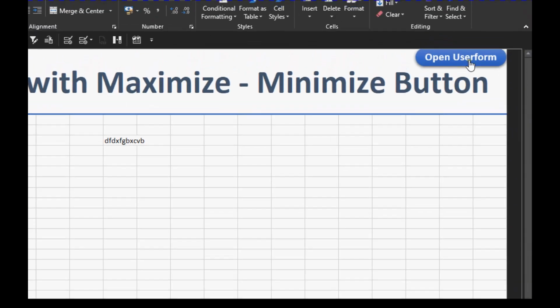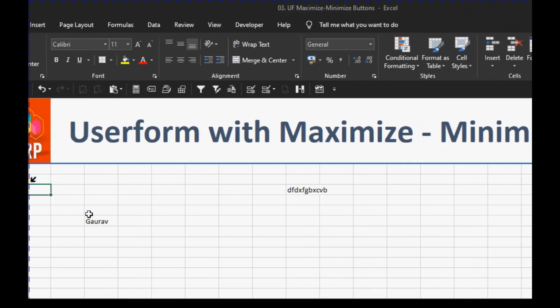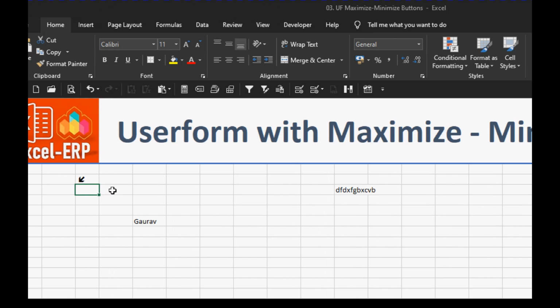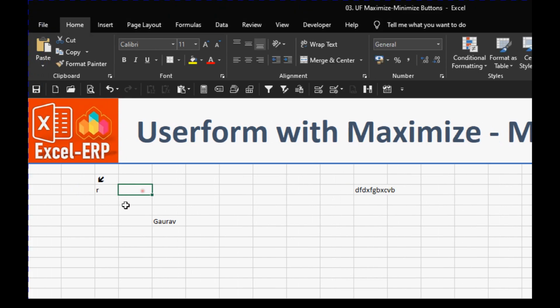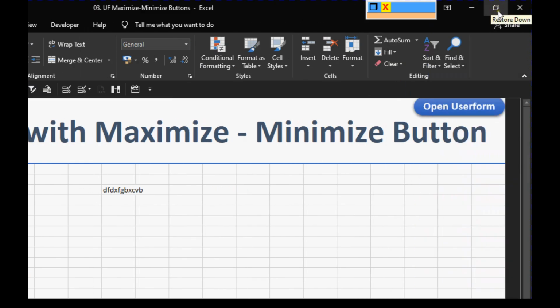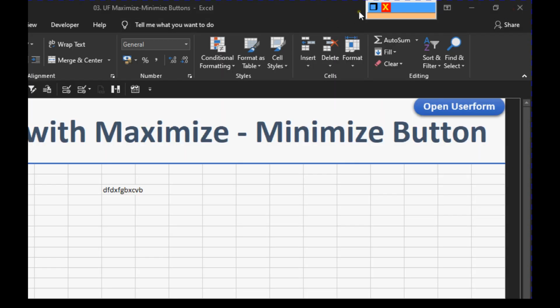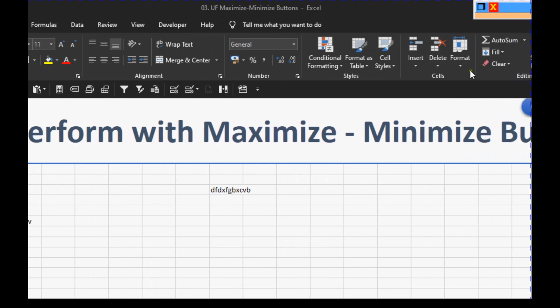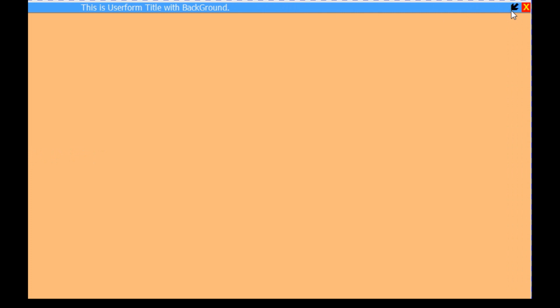This is what we get when we open the user form. This is this arrow. Okay, and the second character R. If I change this also to Wingdings, now this character R changes back to this little square with the two-sided background, which is similar to what the maximize button looks like. So this is how we are putting two characters and changing the font to make it appear as a different symbol. This is the only thing we are doing here.